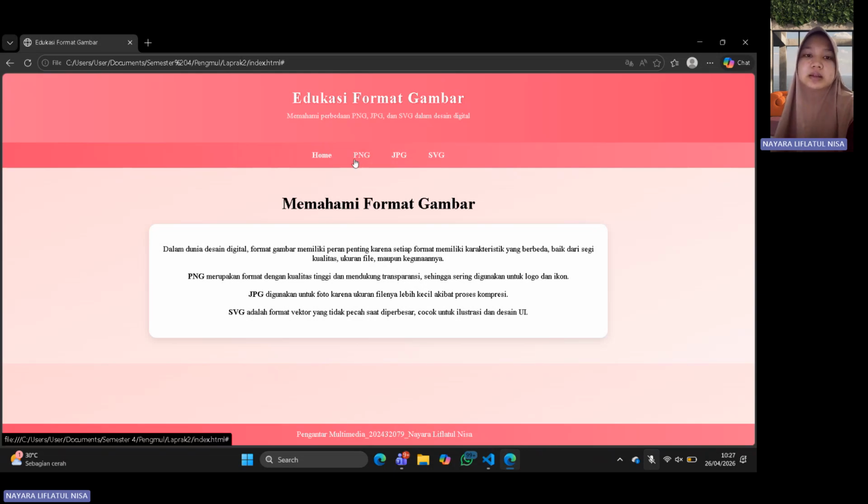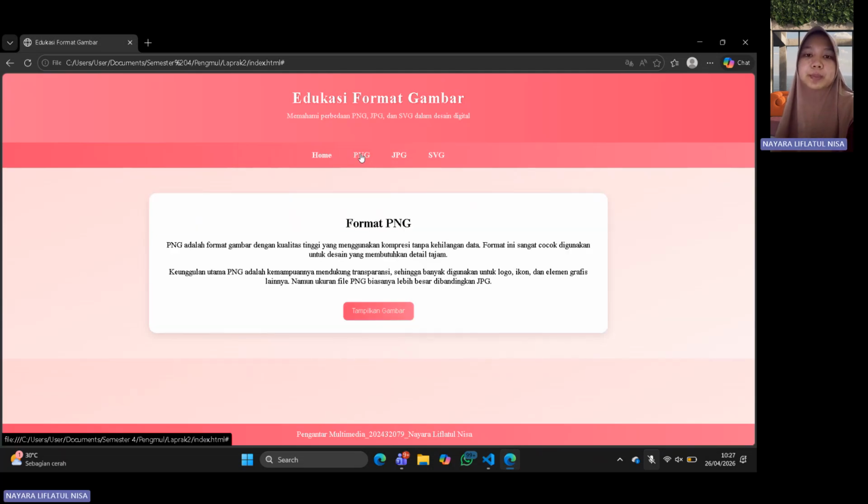Next, I click on the PNG menu. The page changes without reloading, which shows the JavaScript working properly. In this section, there is a title, detailed explanation about PNG, and a button labeled tampilkan gambar. When I click the button, the image appears in the center of the page. At the same time,